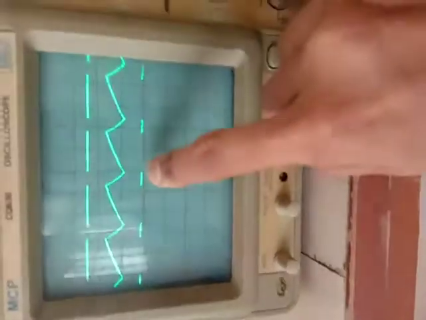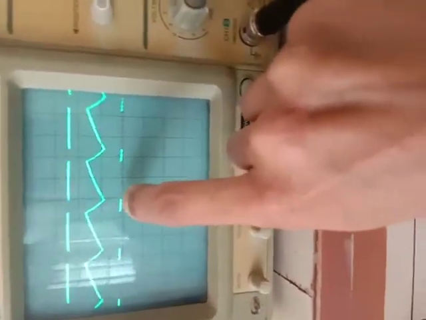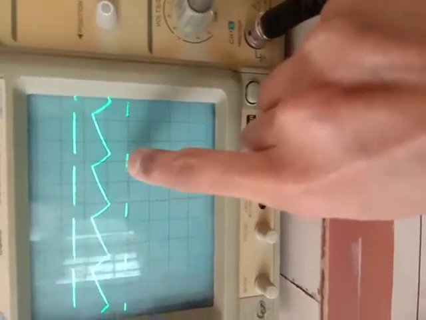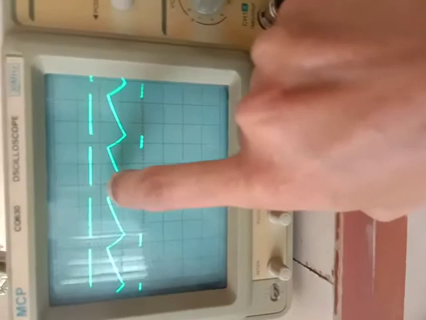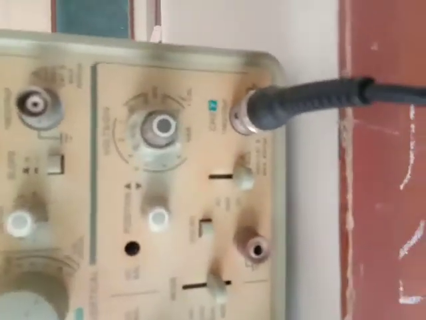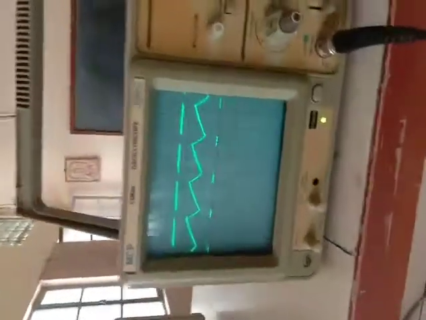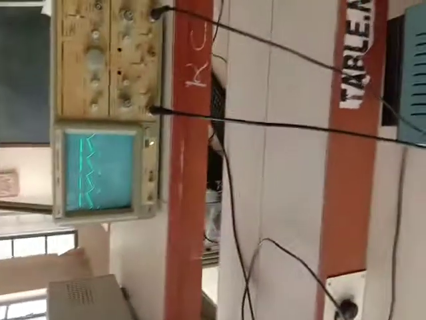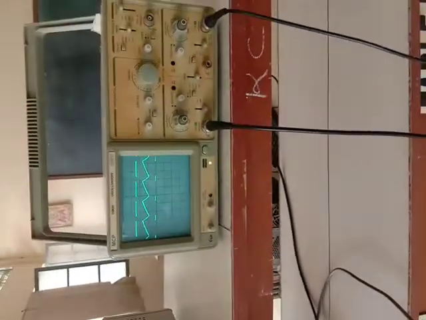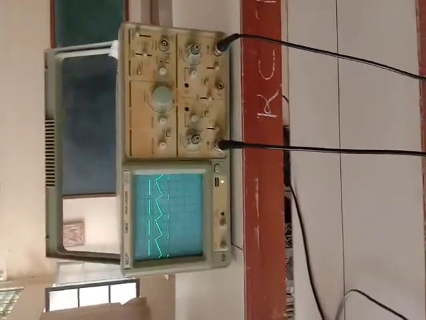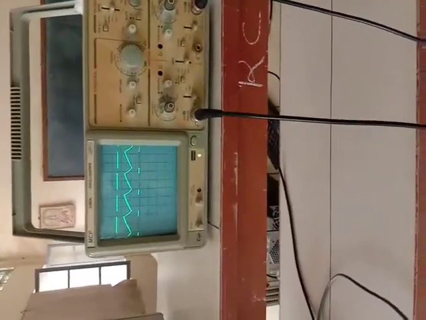So here if you see, this is from 0 to about 0.8, 1/3 of VCC, and 2/3 of VCC is 0 to 1.8. Multiply by 5. The magnitude is kept at 5. So this is how we are going to observe the output, and in the results you are going to write what is 1/3 of VCC, what is 2/3 of VCC, what is the value of V out, what is T on, what is T off, and calculate the duty cycle.